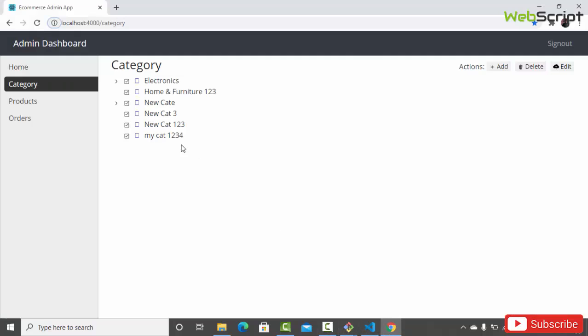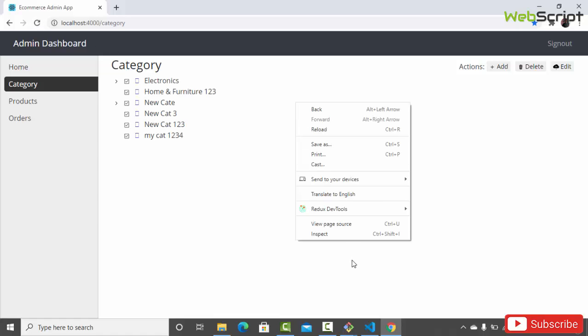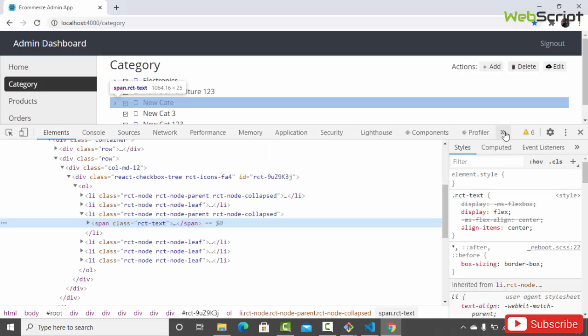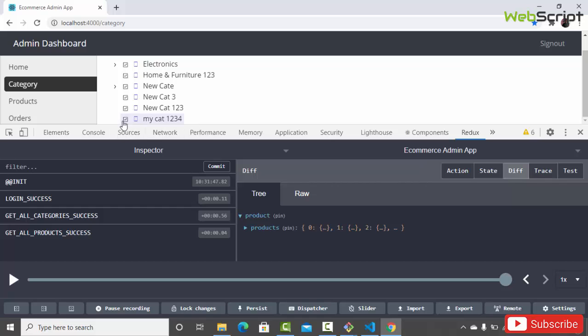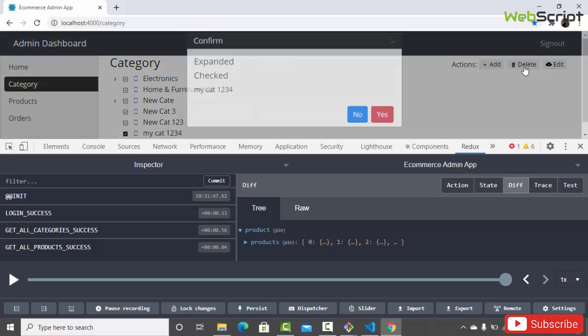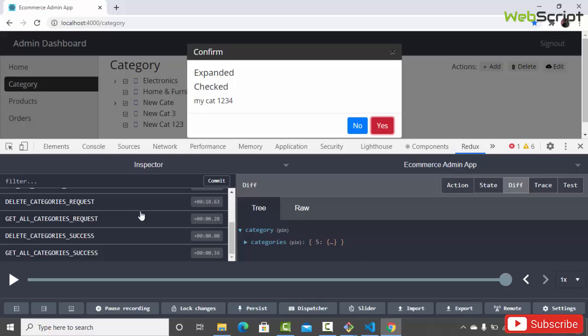Save this. Let's go to your application and let's see if delete is working or not. Let's also inspect your dev tool. So let's go to the Redux, and here you can see, let's try to delete the last one. Okay, so that is not depending on anyone, and here you can see delete and say yes, and you can see we have got a delete request, and loading was false, but because of the request it becomes true. Now when we made the get all category requests, the states are equal, no change in the state. Delete category success, when it becomes success, then it again becomes false from true to false,